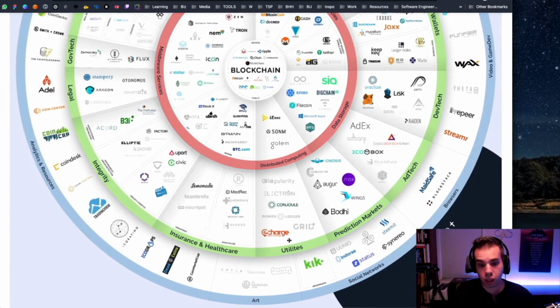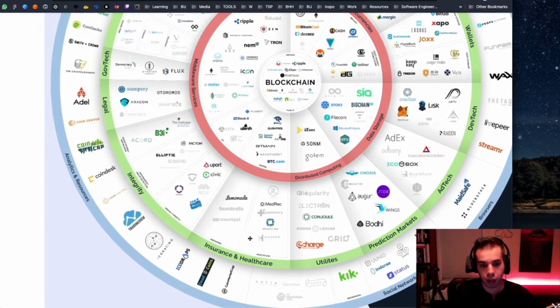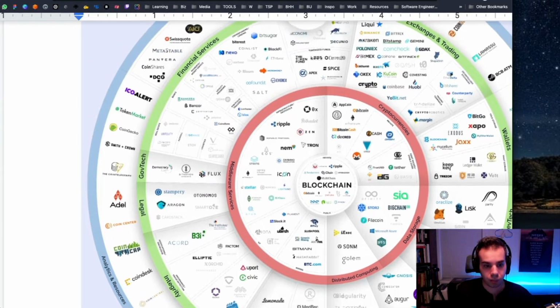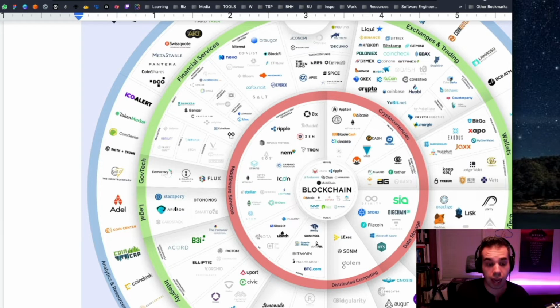There is also utilities. There's insurance and healthcare. There is integrity. There is legal. Aragon, for example, is actually really interesting because this was made several years ago. Aragon is used in voting for DAOs. So DAOs are decentralized autonomous organizations. And what's really interesting about DAOs is those are structures to build governance around an NFT community or a crypto community. And those are actively becoming very transparent public ways of organization and structure.